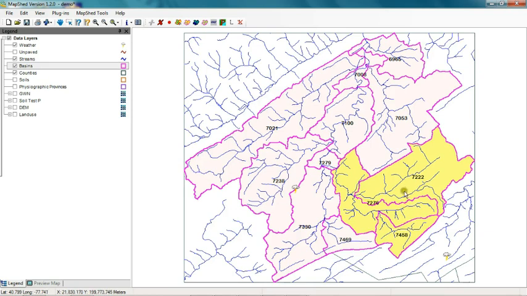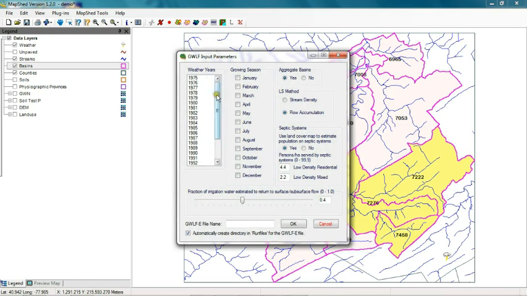In this case, we're going to create first an input file for all three of these. The way I do that, I've got the basin selected. I then say Create Input File again. I will choose all of the weather years as I did before. I'll say May to September. In this case, I will give it a name, I'll say demo combined, to show that all of those watersheds have been combined. So there will be a new folder created called demo combined, and the input files will also be called that as well. So I say OK,